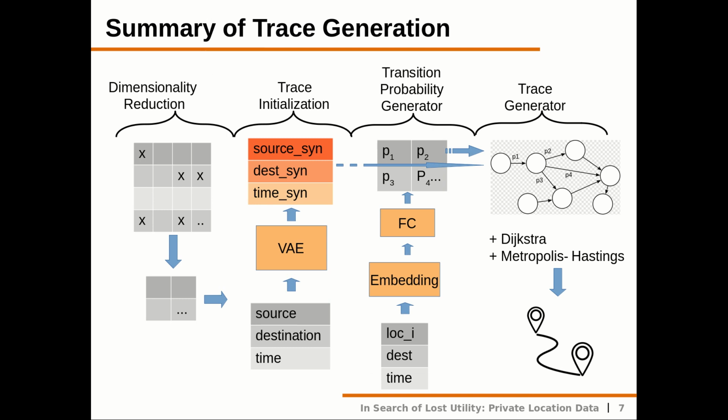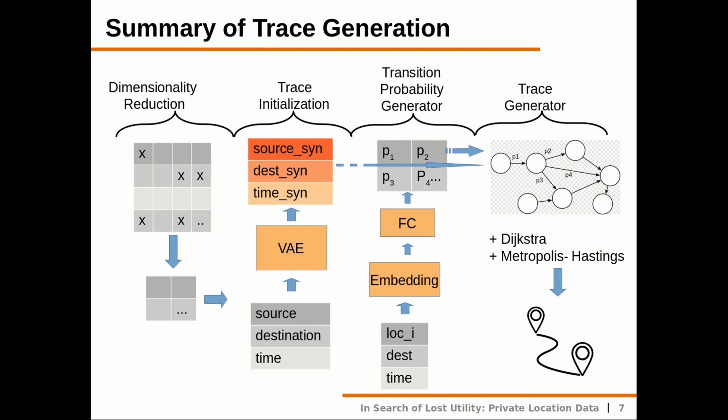Okay, so a summary of our trace generation method. First, I have to just look at the first line first. You see that we have four parts, four sections. The first one is dimensionality reduction. It's still a must. You still have to do it because the input of a map of a large city, the input space is thousands and thousands of cells if you put a grid over your map. So you still have to use some kind of dimensionality reduction. So we did that first, not a big deal.